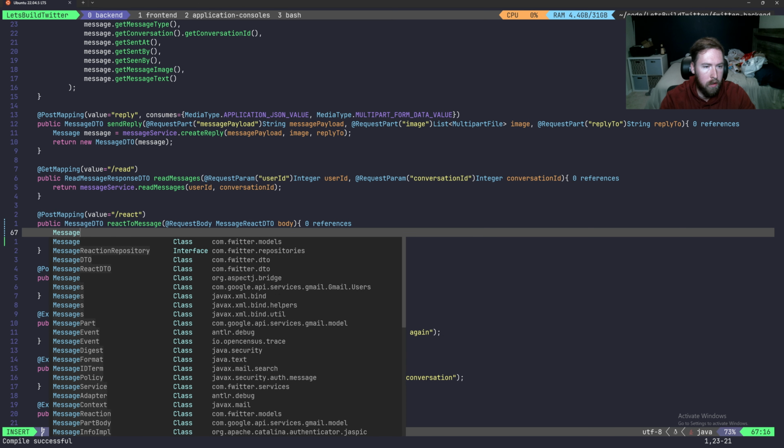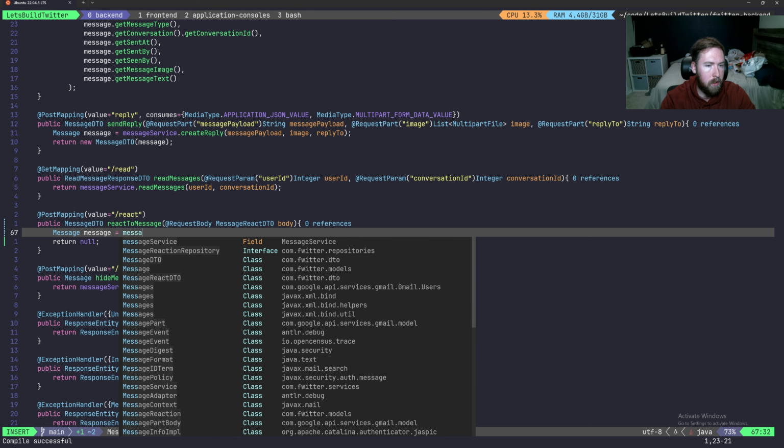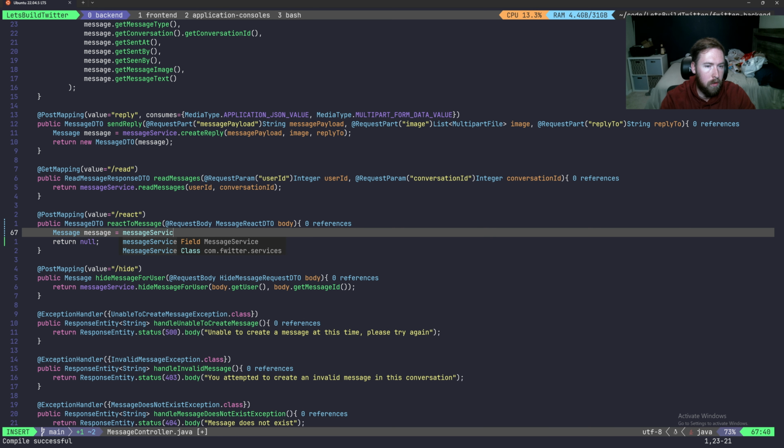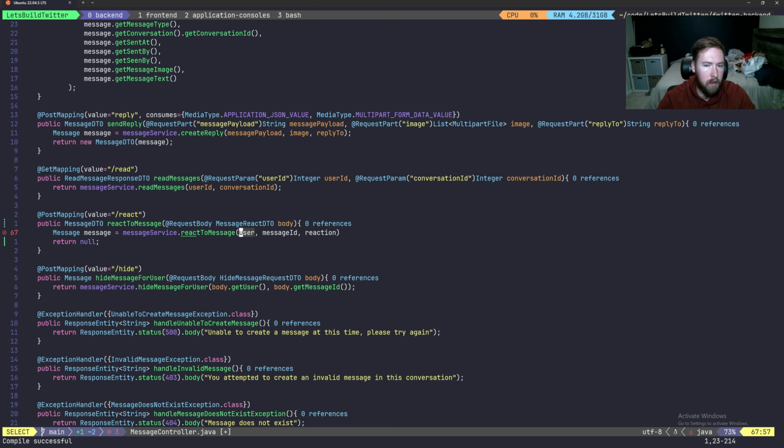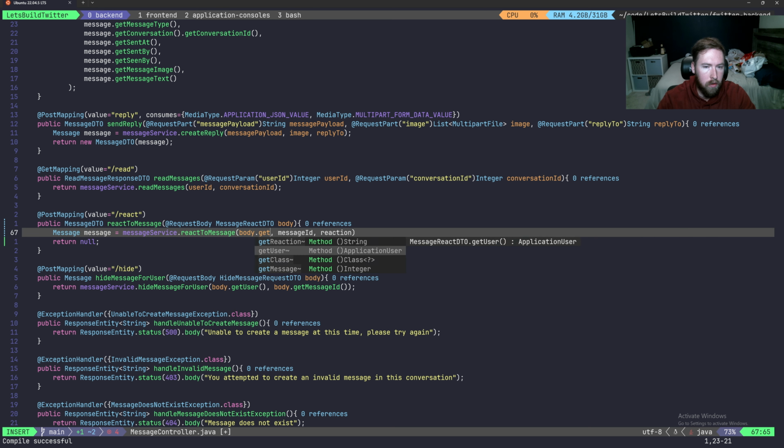We'll go ahead and say message is equal to message service dot react to message. We'll pass in the body dot get user. We'll pass in the body dot get message. This should probably be message ID. I thought I changed the message ID, but maybe I didn't. It's probably fine. And then we'll go ahead and say body dot get reaction,